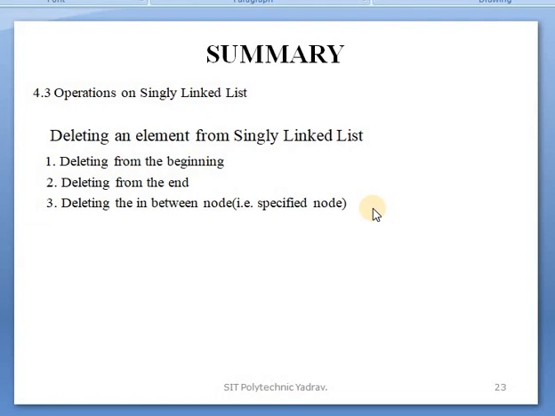The circular linked list and the double linked list are also types of linked list, but they are not necessary in detail for your syllabus. But your syllabus does list the types of linked list, which means we consider the single linked list, circular linked list and double linked list.